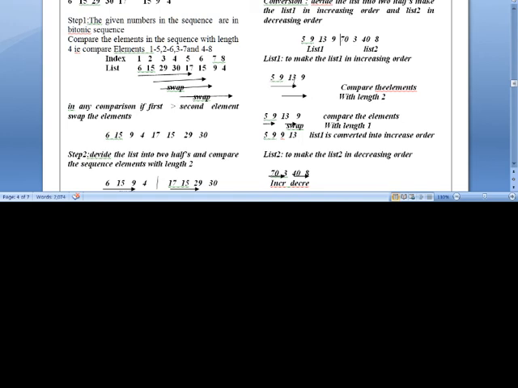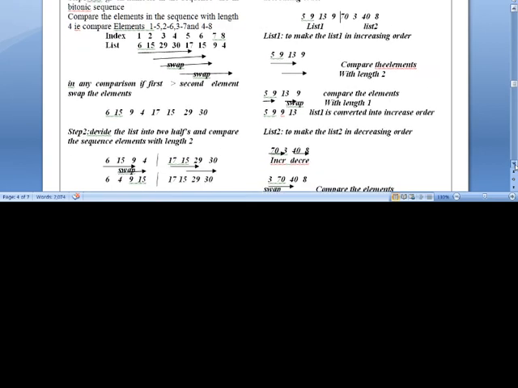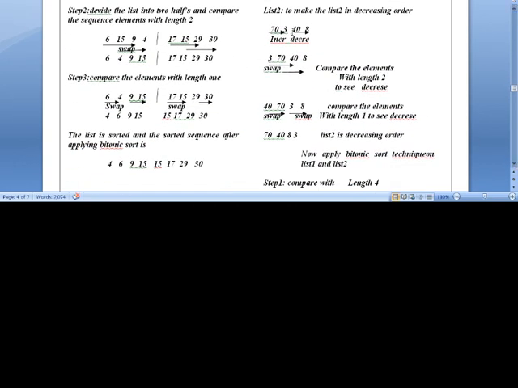This is the way of converting the first list into increasing order. In each comparison with length 2 and length 1, if the compared elements are in increasing order, okay, otherwise swap them. Similarly, while converting the second list into decreasing order, you make the comparison the same way,